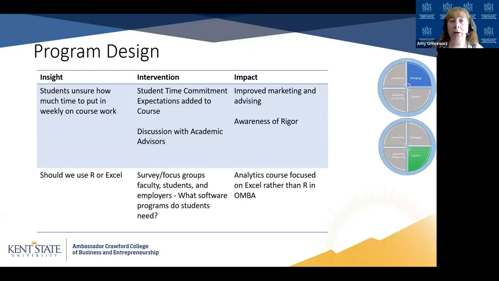And so what we ended up doing was we changed some of the marketing on the program, because we were promoting it as a 1-year program. And yes, the program can be done in 1 year, but you really have to not be working full-time, have an active social life, family life, all of that, because in order to get done in a year, you have to take multiple courses. And depending on how many courses you're taking at one time, you may not have enough time during the week to really focus on that. So we changed the marketing of the program. We added information of time commitments to our courses.